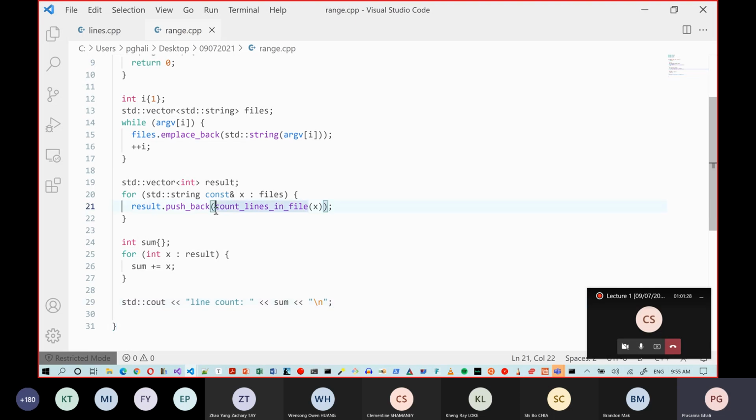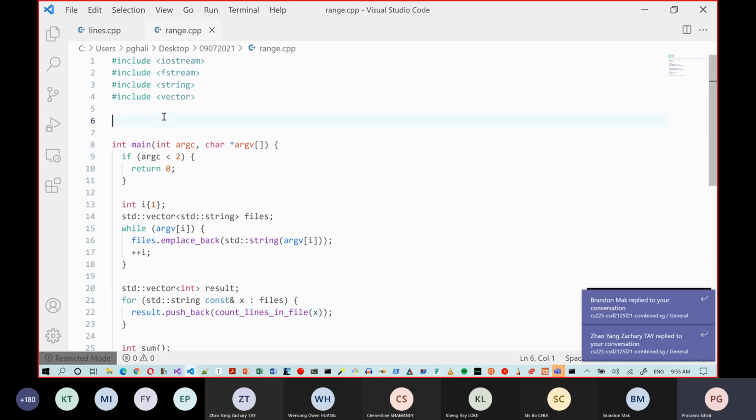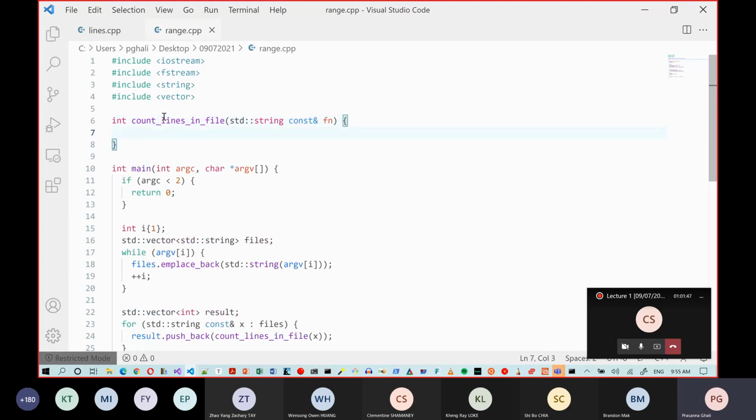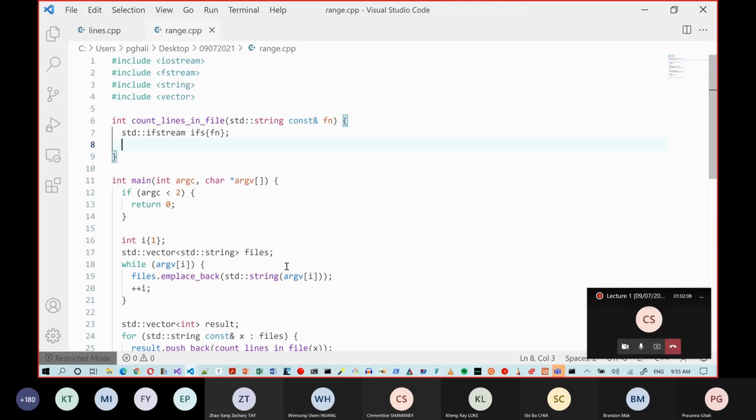So the first thing I want to do is make sure I implement this function. So what does this guy do? This is a function that is going to take a string and simply compute the sum. We'll forego testing sanity checks for a moment because it gets too unwieldy. As you can see, I'm already unable to see the entire code, but I'm going to open up the file stream and